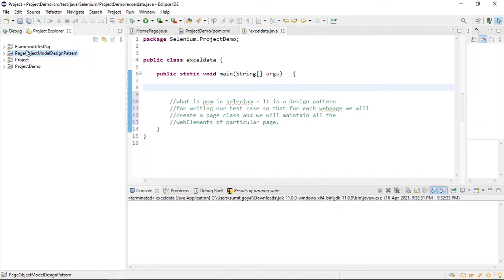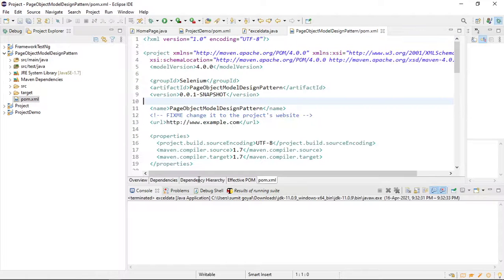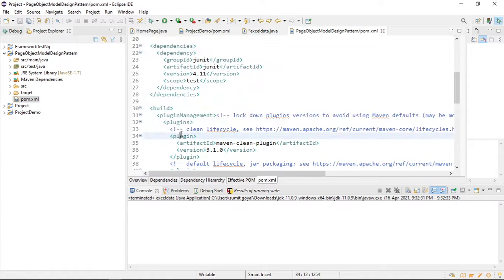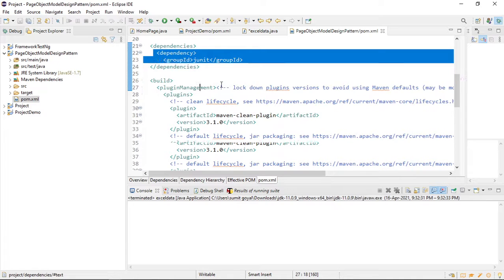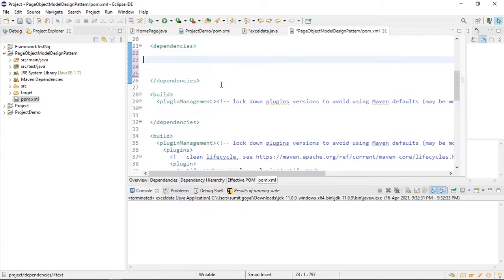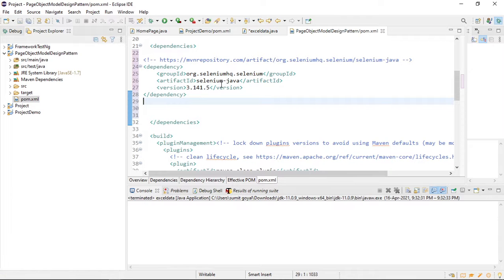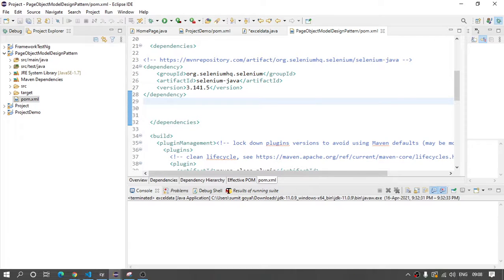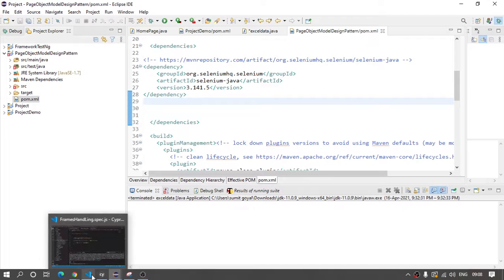This is our project, if you remember, this is the name I have given. So in the pom.xml file, I do not want this one, so let me remove this and here paste the Selenium dependency. It will pull all the Selenium jars for me. And similarly,